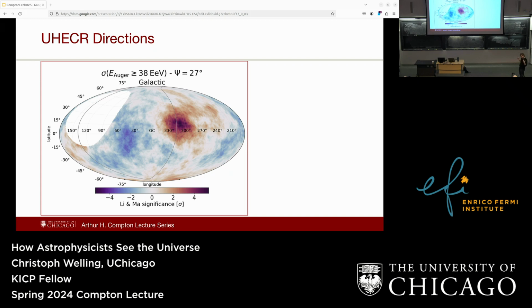And so if most of the sources were in our own galaxy, then, because our galaxy is fairly close by cosmic standards, we would expect to see most of the cosmic rays come from this direction. And because we don't see this, we can conclude that at least at these very high energies, most of the sources have to be extragalactic. Unfortunately, you have this big blob. It's hard to say for sure, you cannot point to one specific source directly there.